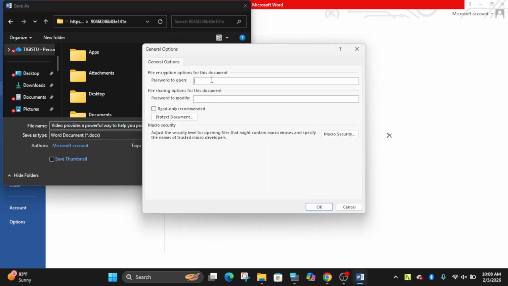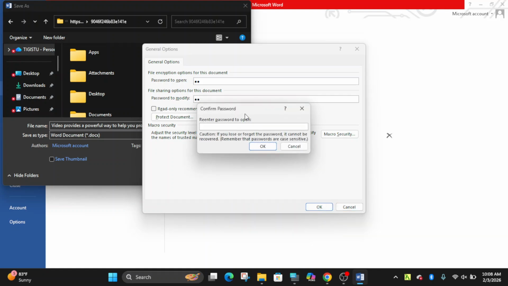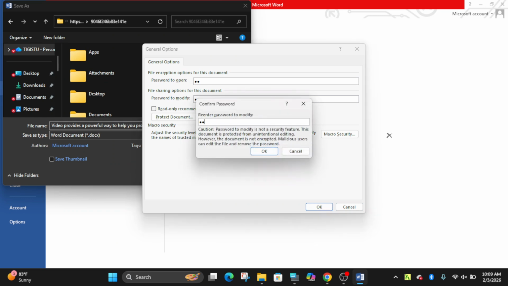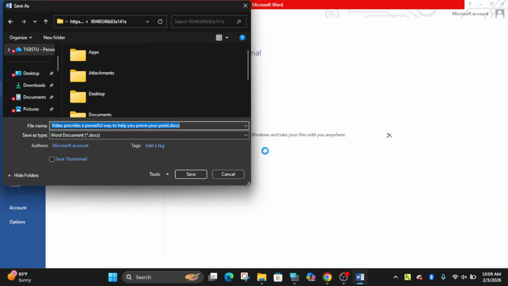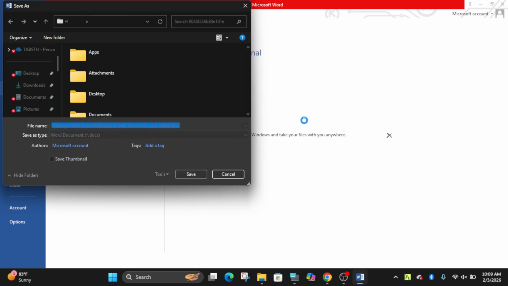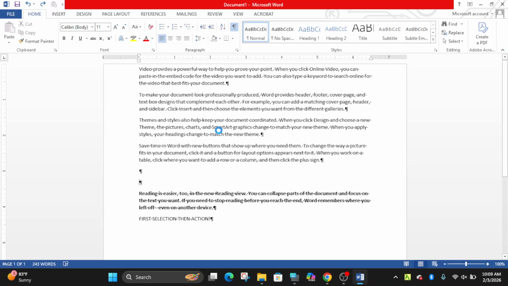Then you can give a password, for instance. Enter the same characters. OK. It asks you again to enter the same characters. Then it is saved. In later use, you have to give the right password to open. No one can access this document.